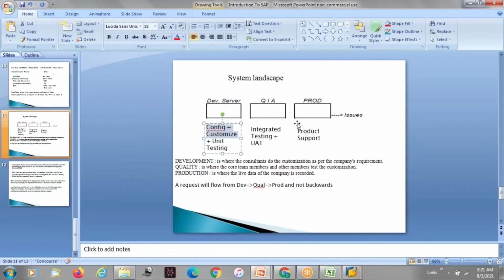So once that is done, an integrated system is where you will be working. The name itself says it is basically integrating with other modules that you have. So there is FICO, there is WM, there are different modules. So you do an end-to-end business process in this system. Once the results are fine, let's say as of now we are talking about only